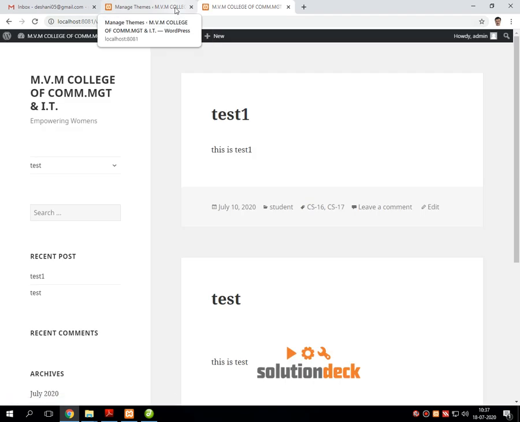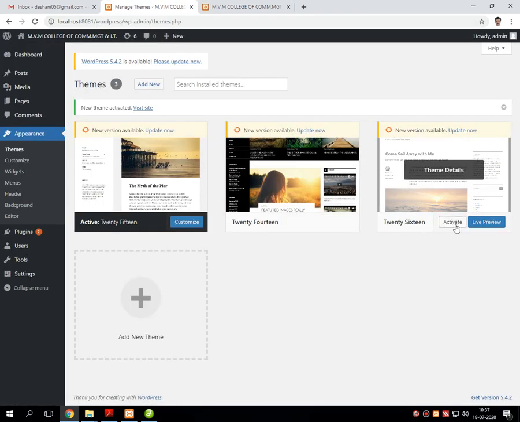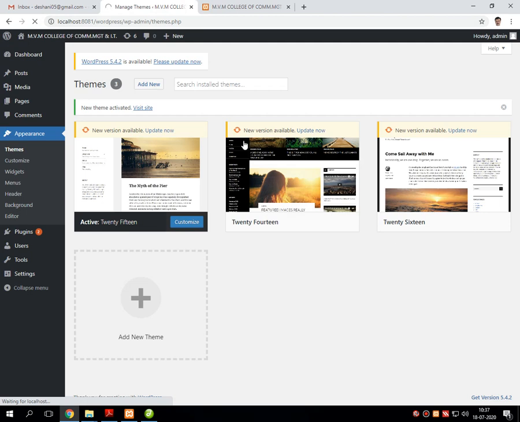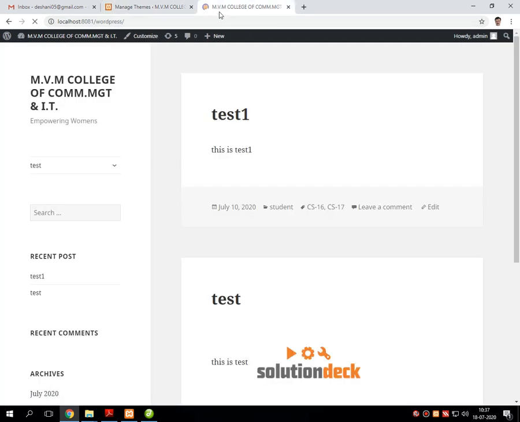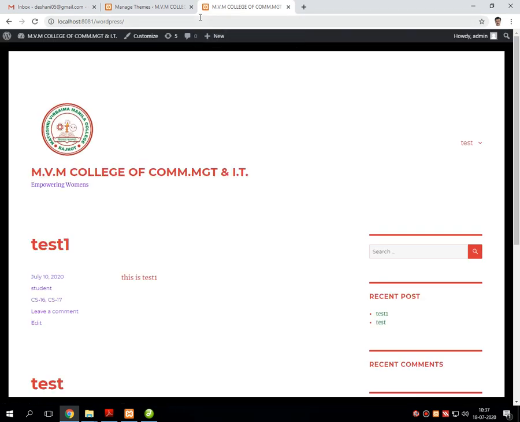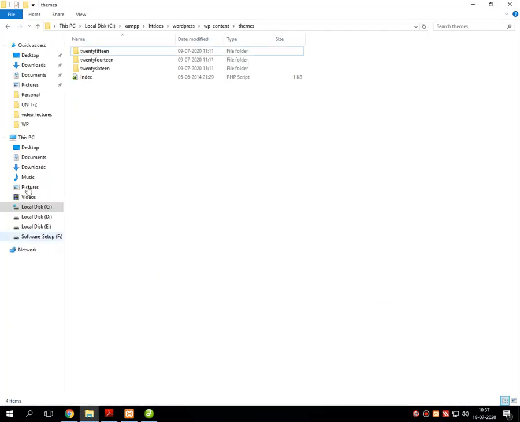I think my selected theme is this one. Fine. Again we are back to the normal mode. Let's browse for another theme. It might be possible that the theme I downloaded is not compatible with the WordPress that I am using.